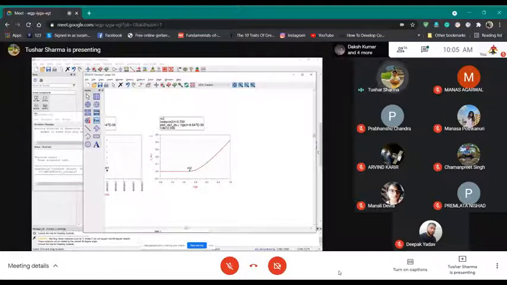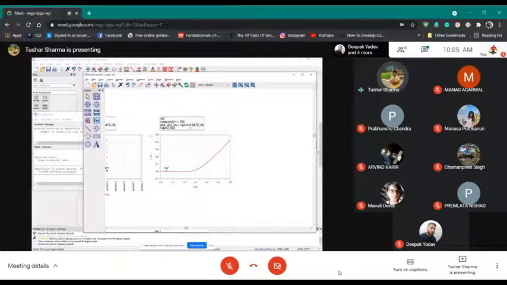Now my VGS is minus 0.75, current increases a little bit. Then when my VGS is minus 0.5, I have some more current, which is around 18 milliamps. Then I increase my VGS more, minus 0.25, it's 0.060. And then at VGS equal to 0, my current is 0.118. So if I want to design a class A amplifier, I will be choosing my VGS somewhere in this region, because this is class C, no current.